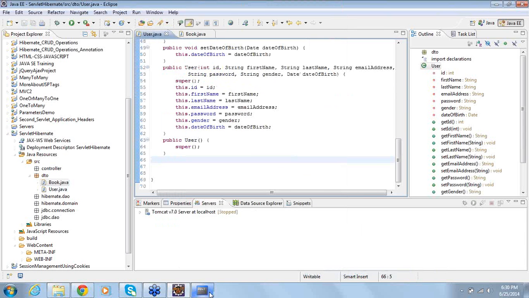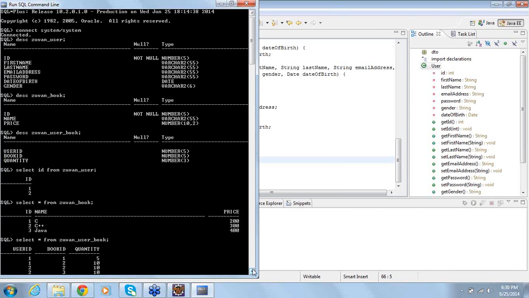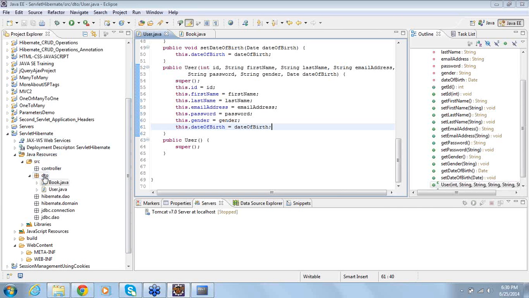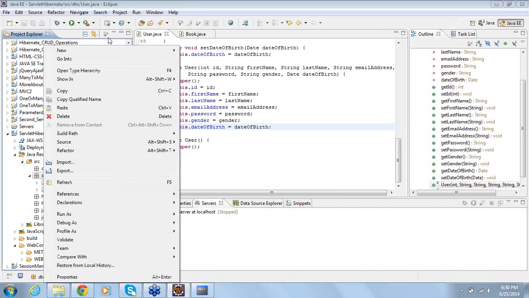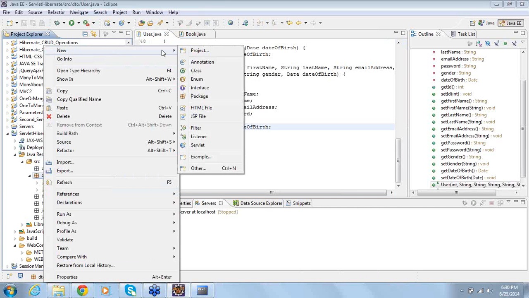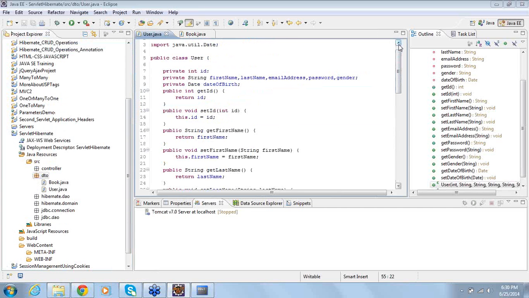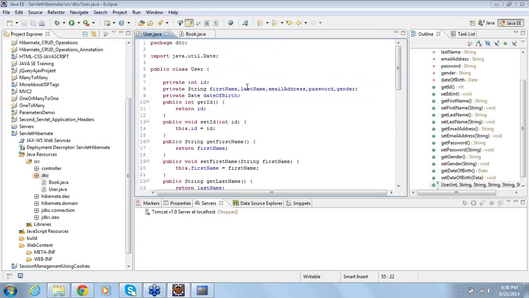Now, but who will hold this information? Which user has purchased what books? Who will keep track of this information? Then what should be the ideal name for it? So what I do is, inside this user, the user can purchase many books, right? So what I'll be doing here is,